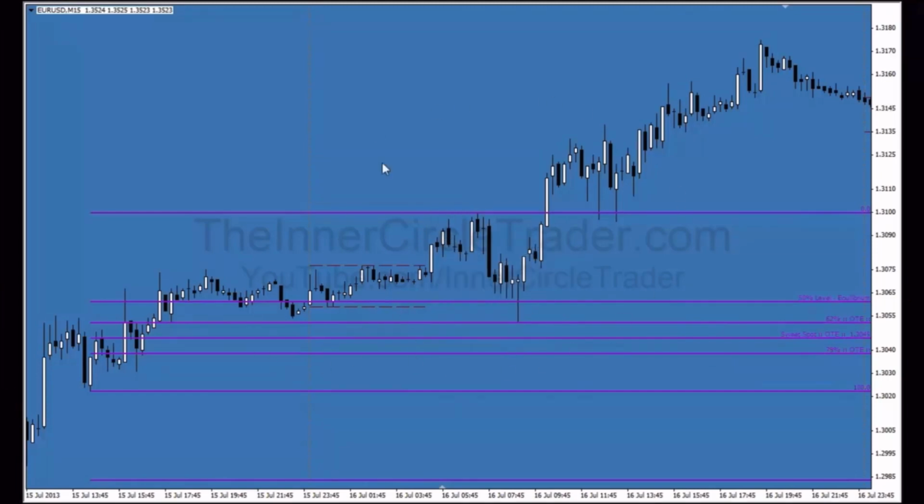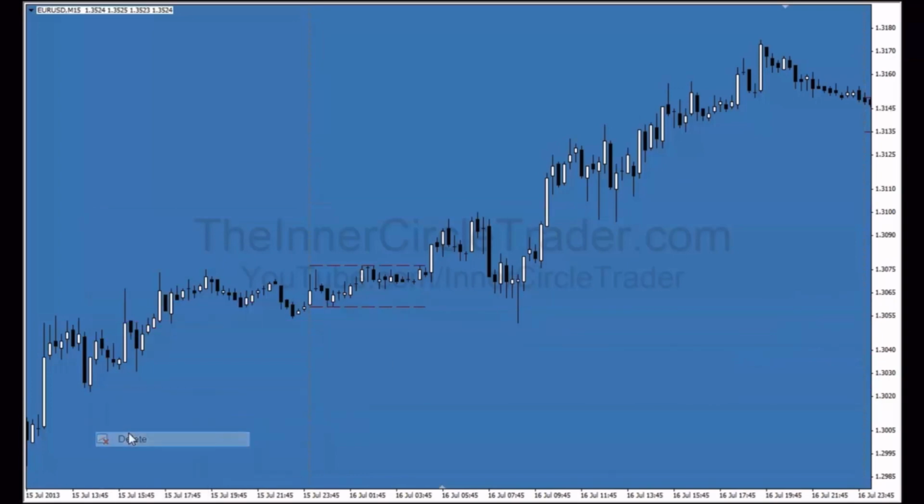Okay, and now with the background being blue like this, again, what that's highlighting is a time period when on the daily basis we have a 9-period exponential moving average above the 18-period. So we have institutional momentum on the upward side of the market. In other words, we're looking for just buys. The framework is established as a bullish scenario. So we would be looking for opportunities to be a buyer here. And that's one example here, using what we just discussed with point of origin here, and when price rallies up and trades back down into it,